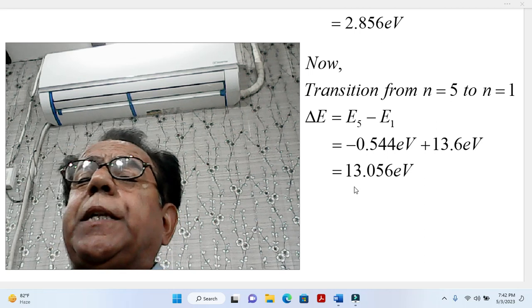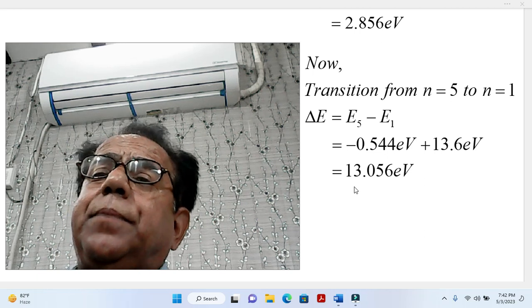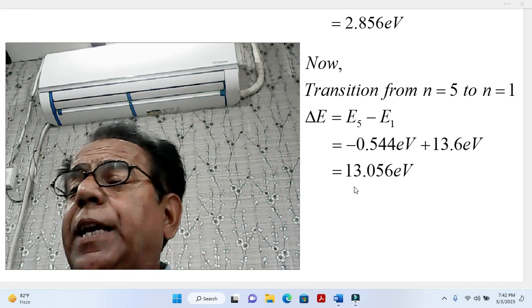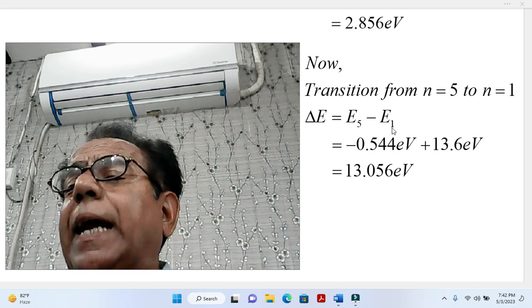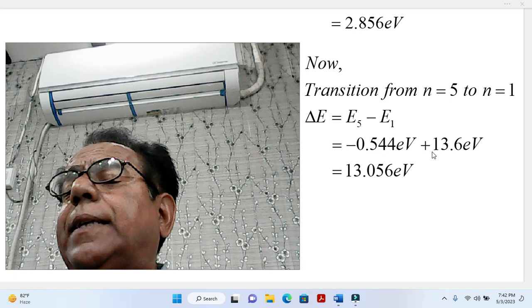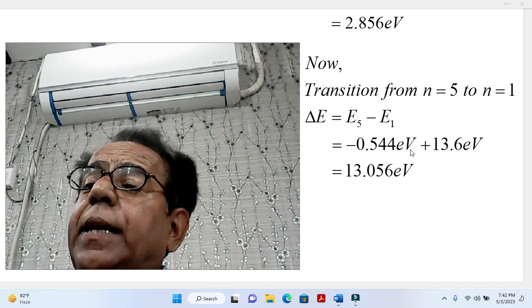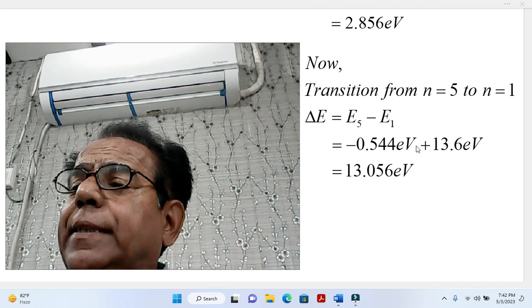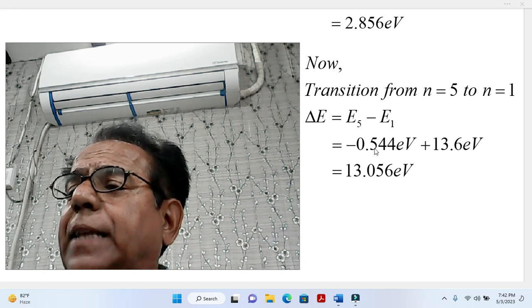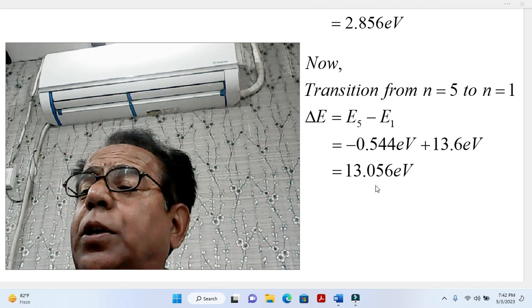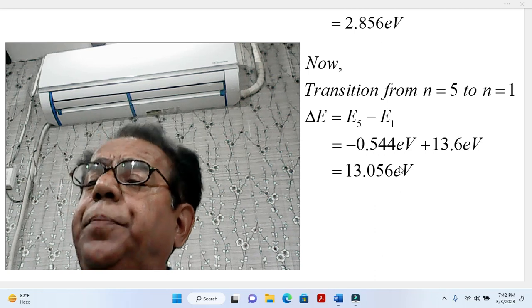When two multiplying signs are different, their result is negative. Here, because both signs are similar, that is both are negative, their result is positive, and this value is much greater than this minus value, therefore the positive sign prevails, and their difference is 13.056 electron volt, and